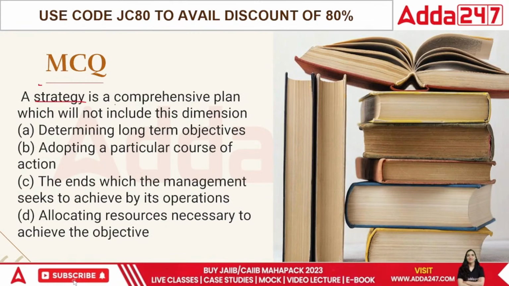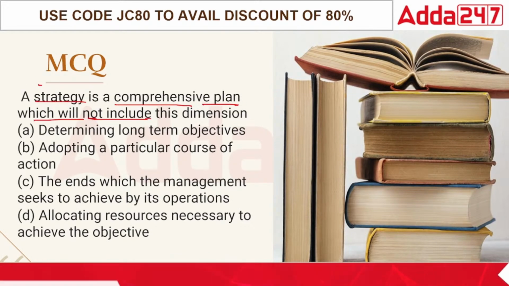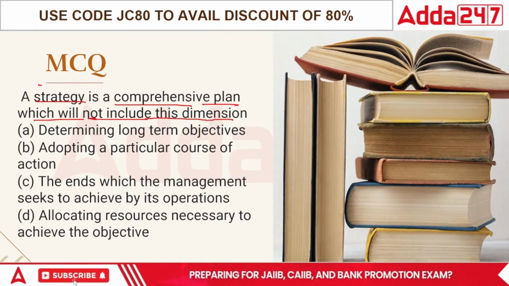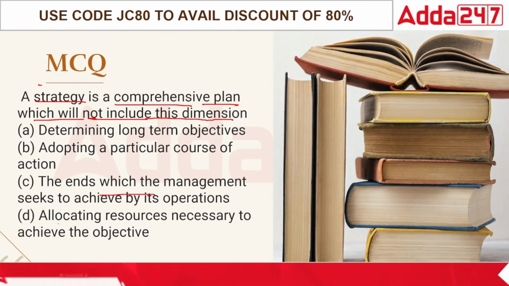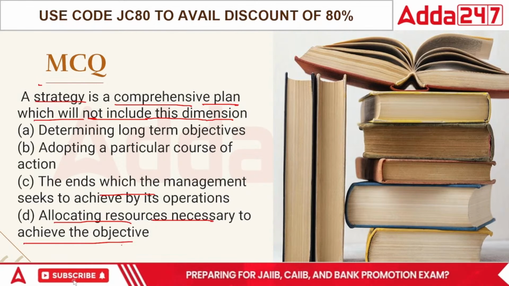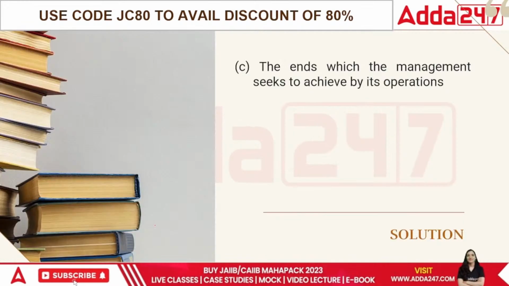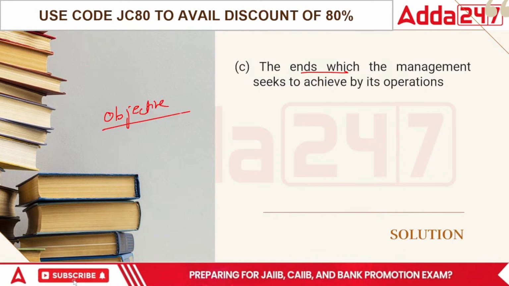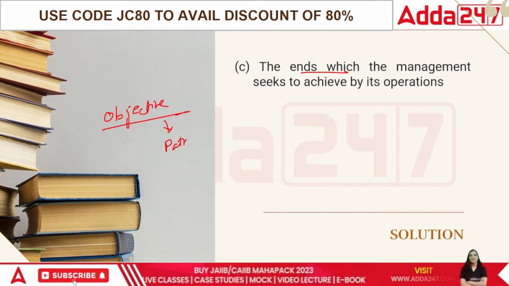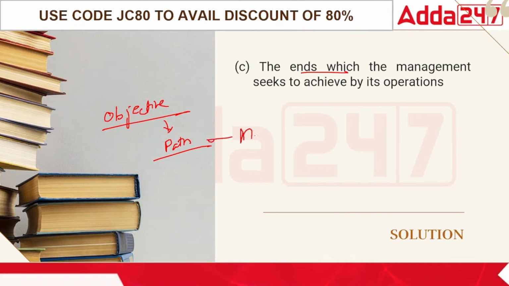A strategy is a comprehensive plan which will not include this dimension: determining the long term objectives, adopting the particular course of action, the ends which the management seeks to achieve from its objectives, allocating the resources necessary for resourcing. When we look forward towards the strategy, it does everything, but it does not look forward towards the end. Its objective is the end, and it is just a path to it. Strategies are a path to it, and when we are trying to achieve that path, how will we